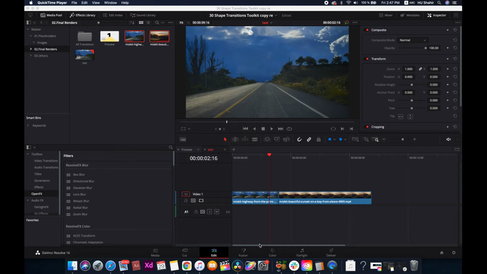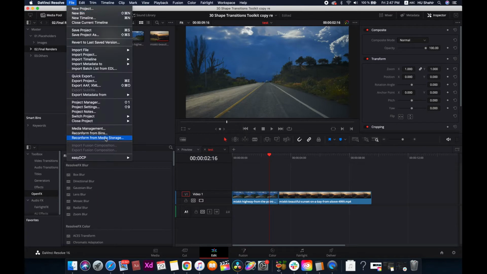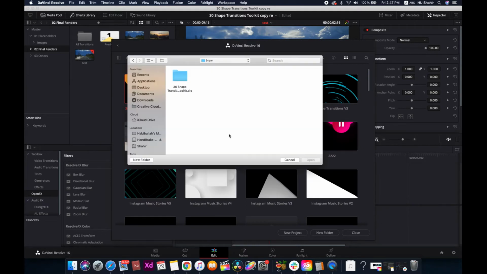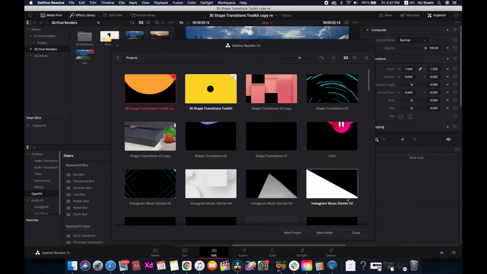I'm going to show you how you can use these transitions inside of DaVinci Resolve. So here I am in DaVinci Resolve. I'm using DaVinci Resolve 16.2. And how can you open this project? Go to File, Project Manager, right click, Restore Project from Archive, and choose the Toolkit Transitions Toolkit.dra folder and open